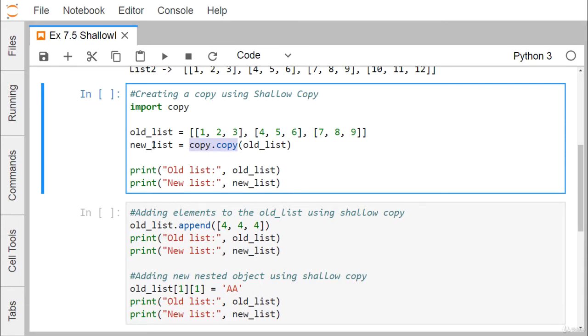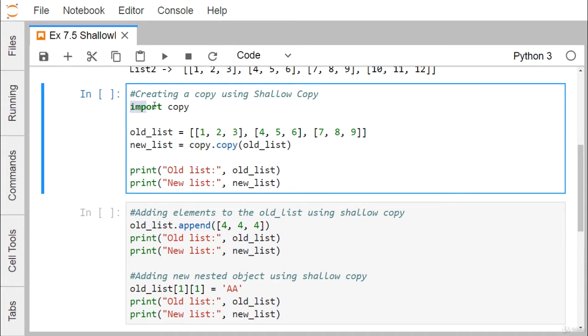At first we are going to discuss what a shallow copy is. A shallow copy creates a new object which stores the reference of the original elements, and so a shallow copy does not create a copy of the nested objects. Instead, it just copies the reference of the nested objects. That means the copy process does not recurse or create copies of the nested objects itself. If things are not getting clear, let us go for one example here.